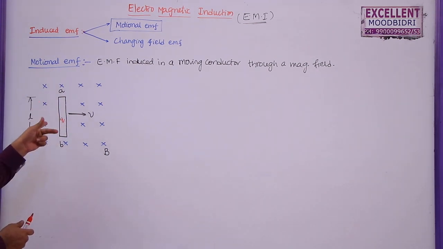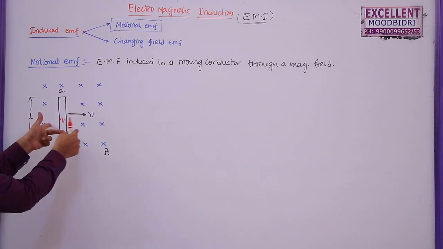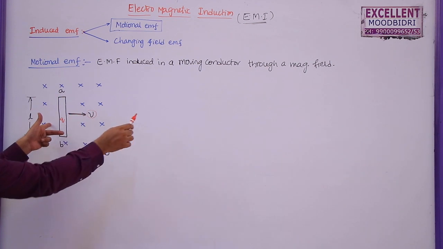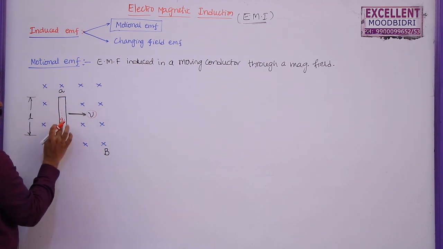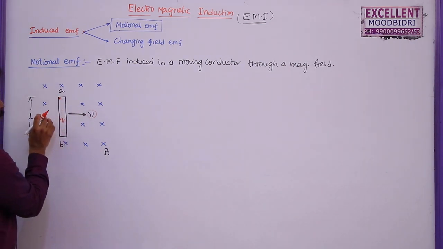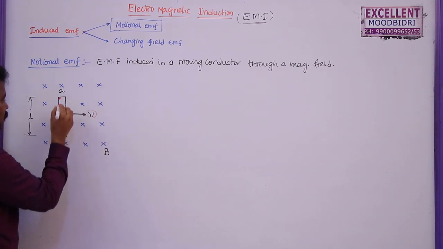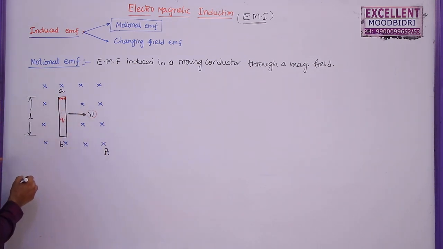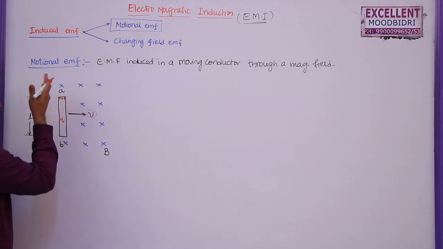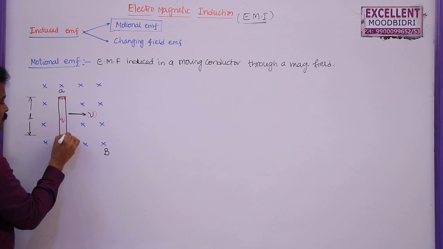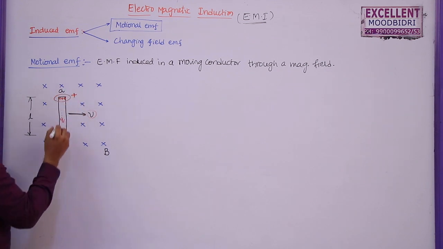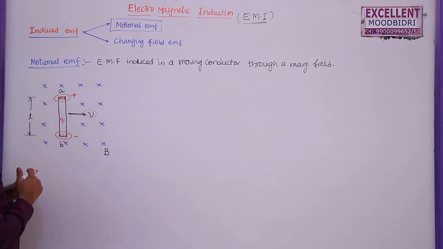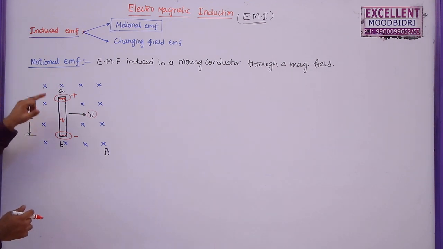So, according to Fleming's left hand rule, field is into the board, the charge is moving towards right because I am moving the conductor towards right, and it will experience a force in the upward direction. So this positive charge will try to move upwards. So positive charge will be accumulated here. And if you move this continuously through this magnetic field, more and more positive charges will be accumulated on the upper end of the rod. As a result, negative charge will be induced at the lower end of the rod. Now, as positive charges accumulate on the upper end and negative charges at the lower end of the rod, there exists an electric field between these two ends of the conductor.